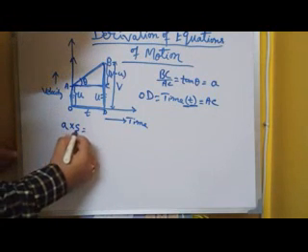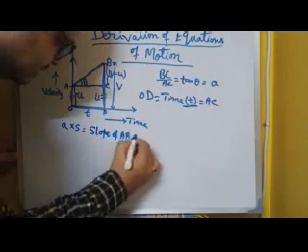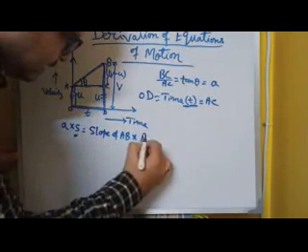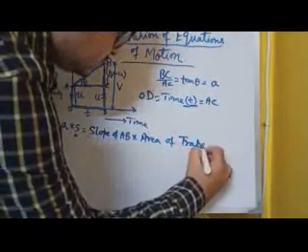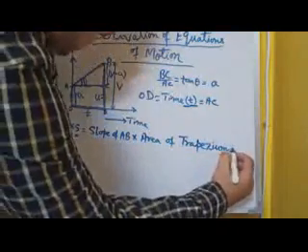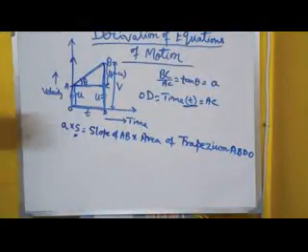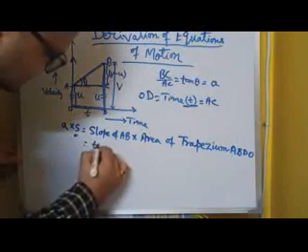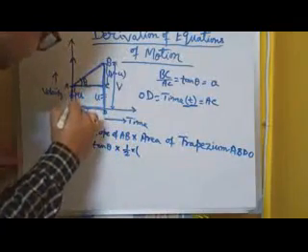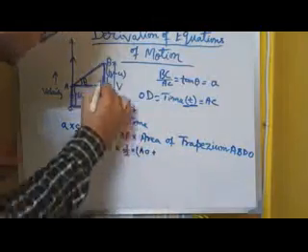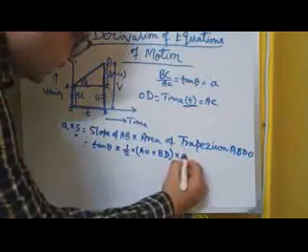Now A into S, that is the slope of AB into S. S means the area of the trapezium ABDO. Now the slope of AB means tan theta, into the area of the trapezium, that means half into the sum of the parallel sides of this trapezium, that is AO plus BD, into the distance between these two, that is OD.